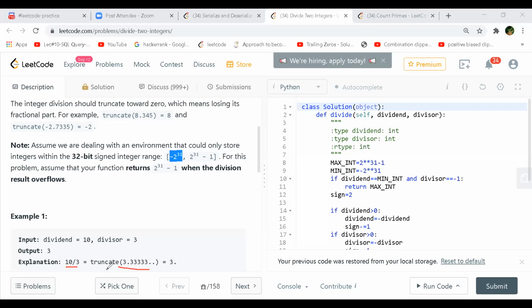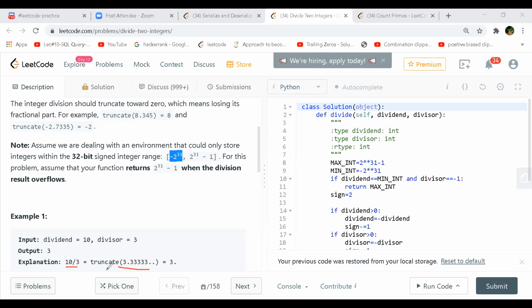So that is the integer division. We all know how integer division works, right? We just ignore anything after the decimal. So the very first way we discussed: if we keep subtracting the divisor from the dividend, and keep adding how many times we do this operation, and return that, it should be fine.